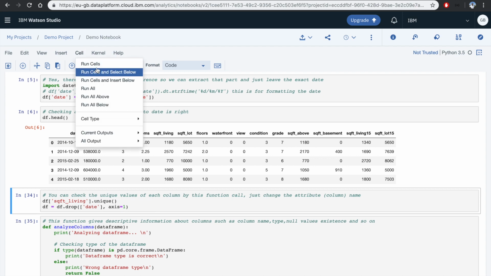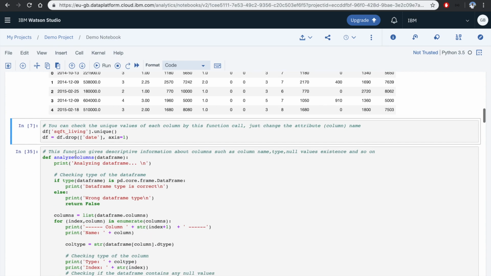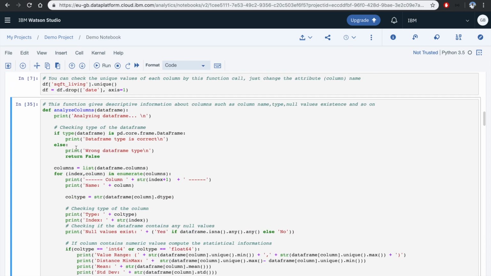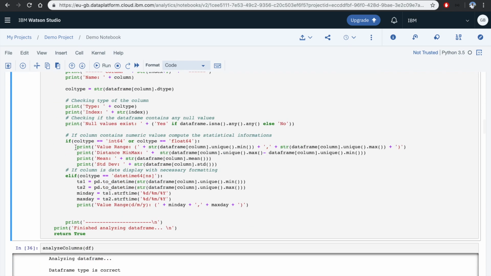We click cell and run cells, and we also dropped the date columns. The other cell below gives descriptive information about columns, such as column name, type, null values, existence, and so on, which I wrote. And if you execute this,